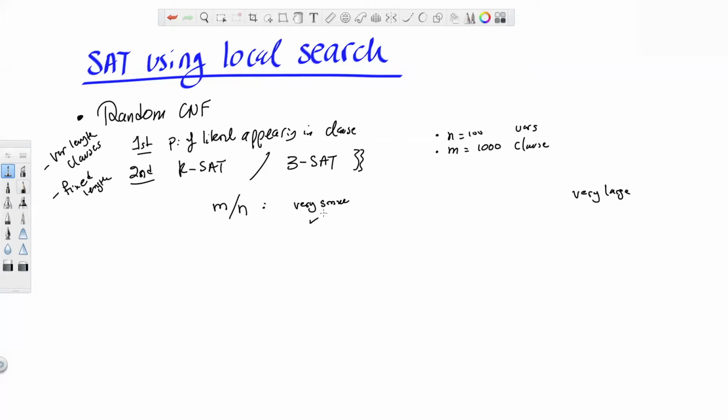So actually, it was a little bit more interesting. What people found, if you look at it from a probability of SAT, when you get to this end, it's almost 100% SAT. And when you go this way, it is basically 100% unsat. What was surprising is the ratio. You would think this would be too small, this is too large. Actually, 3 and 4 was the kind of cutoffs: above 4 almost unsat, below 3 almost sat,